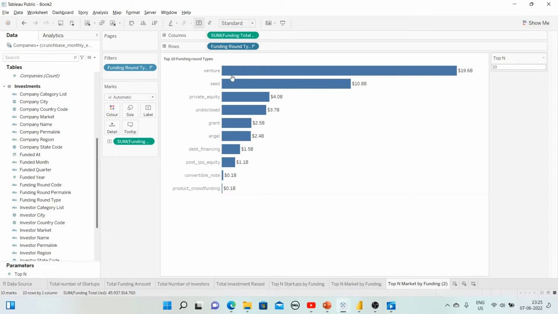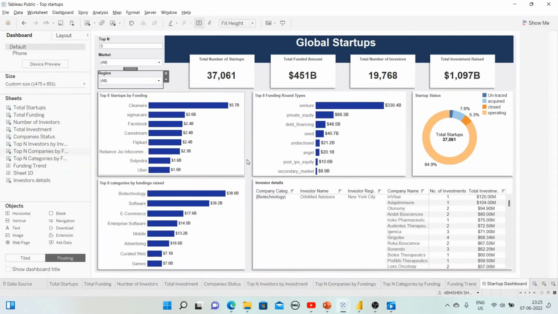So this is also done. Funding round types. So this way our 3 bar charts are ready. Now the fourth one is